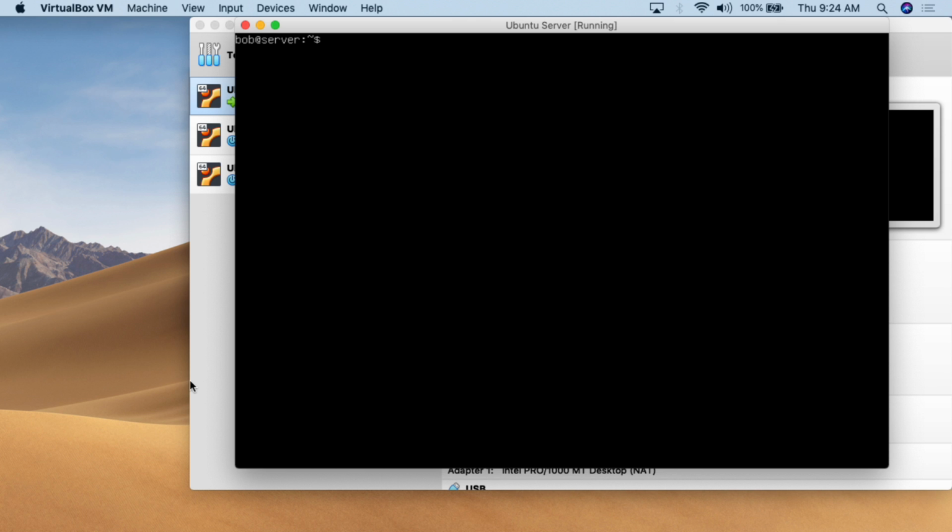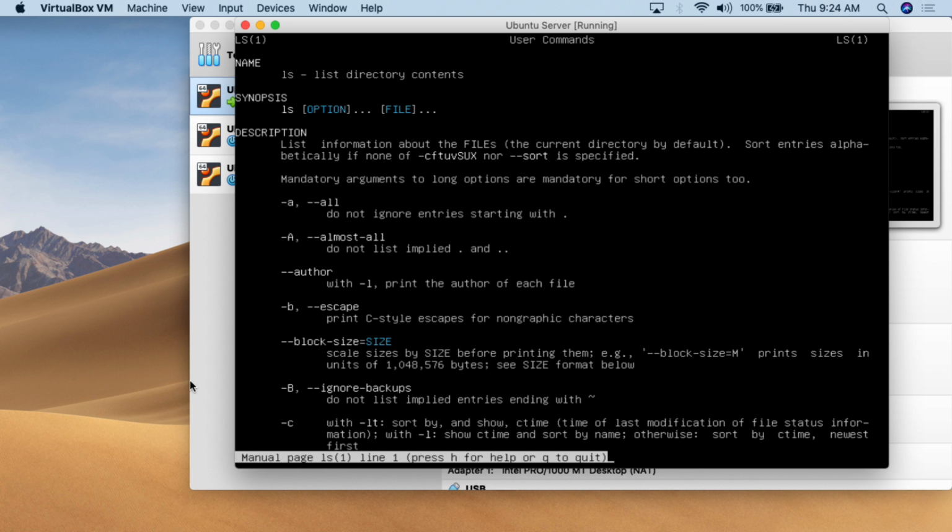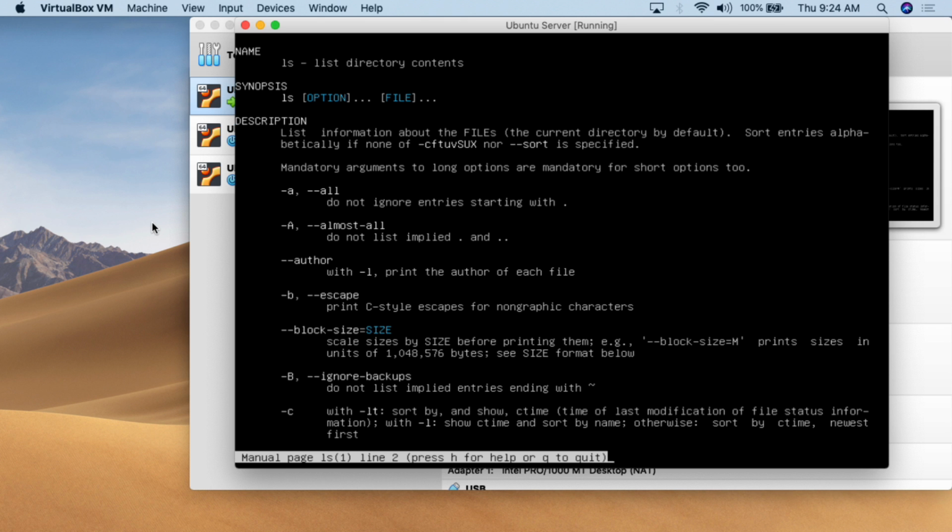So now let's look at man pages. I was talking about ls before, so we're going to use ls a lot. Everybody uses ls a lot. It's just one of those things. So you're sitting there going, I wonder what ls is. So man, for man page, space ls. And now we get what is called a man page. And so it says ls, name, ls list directory contents, synopsis, ls option file. This gives all the arguments. And so in order to scroll down,